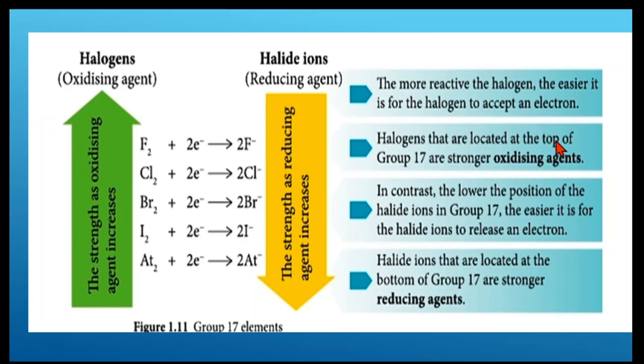Halogen that are located at the top of group 17 are stronger oxidizing agent. In contrast, the lower the positions of the halide ion in group 17, the easier it is for the halide ion to release an electron. So macam tadi, ini bromide lebih senang untuk release electron compared to itu chloride. So sebab itu yang tadi, contoh tadi, bromide yang release electron dan chlorine yang accept electron. Halide ion that are located at the bottom of group 17 are the stronger reducing agent. Okay, so